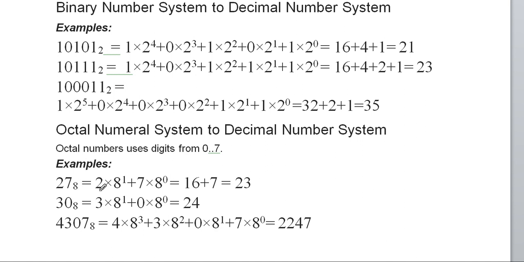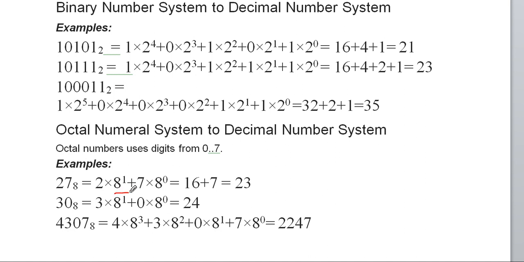8 digits will be contained by this number system, and each digit of this number will be multiplied by 8, because it is an octal number system. As we have already done in the case of the binary number system, where we multiplied each digit with the increasing power of 2, in a similar manner, here we have to multiply each digit with the increasing power of 8. So the first power of 8 will be 1.